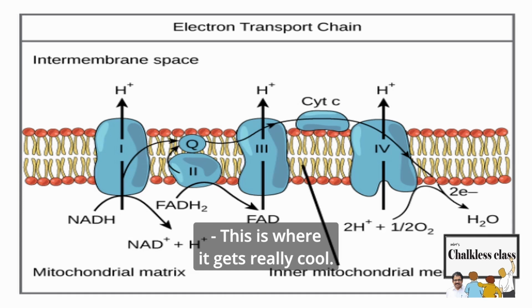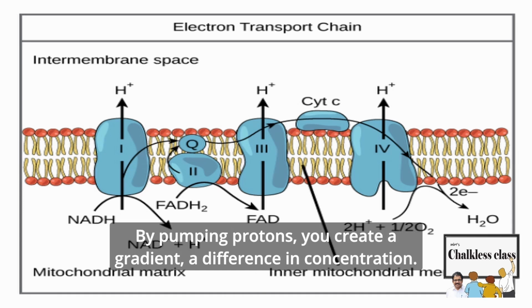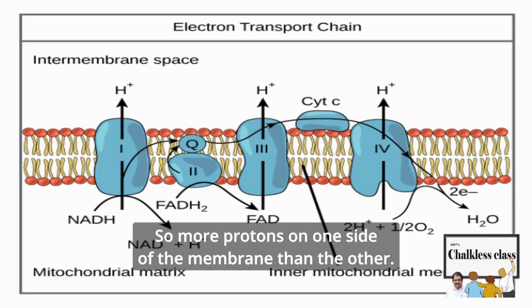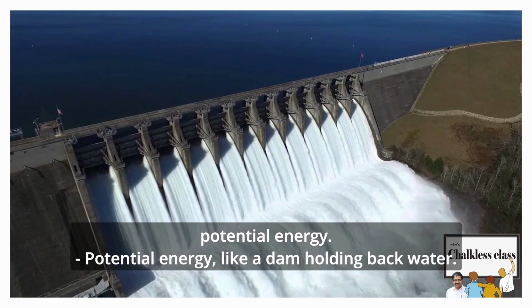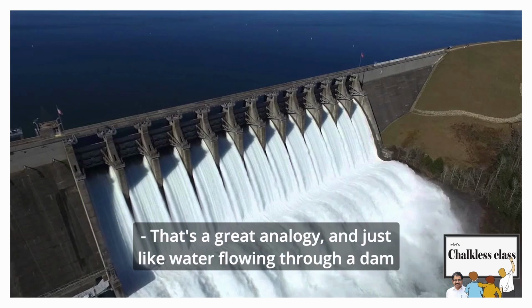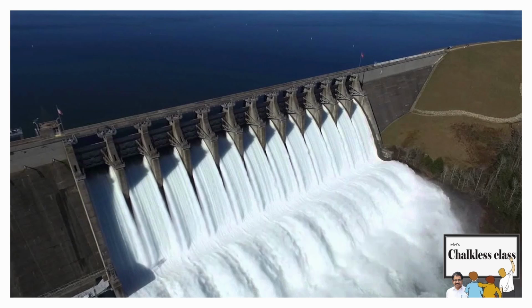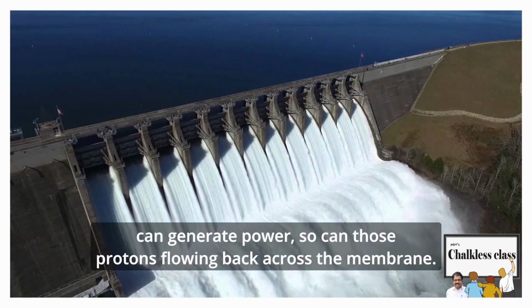This is where it gets really cool. By pumping protons, you create a gradient, a difference in concentration. So more protons on one side of the membrane than the other. Exactly, and that creates potential energy. Potential energy. Like a dam holding back water. That's a great analogy. And just like water flowing through a dam can generate power, so can those protons flowing